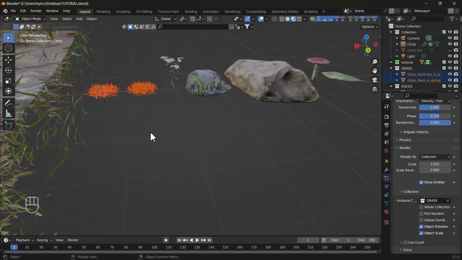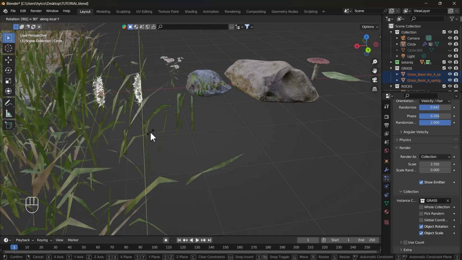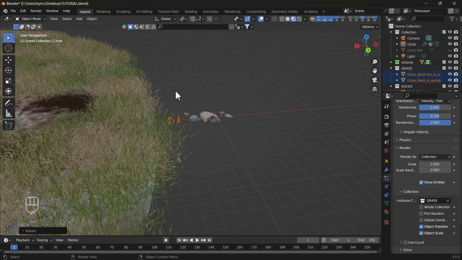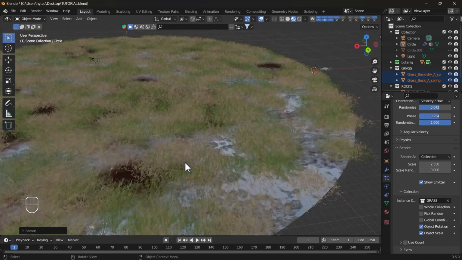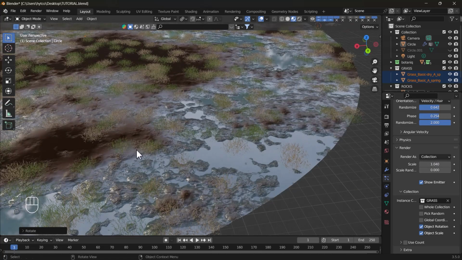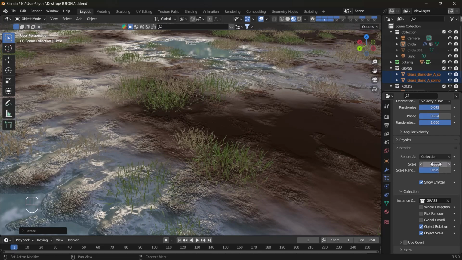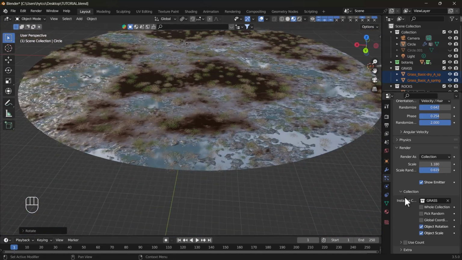And now select your original object and press R then Y and then 90 on your numpad. And again, if you are missing a numpad on your PC, you can press N, and then in the Item tab, you can directly type 90 in the Y of the rotation under the Transform panel. And now you have fixed everything. Now you can change the scale according to the scene and also change the scale randomness value.